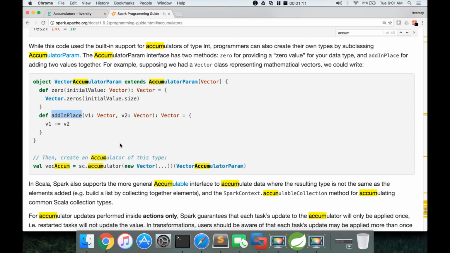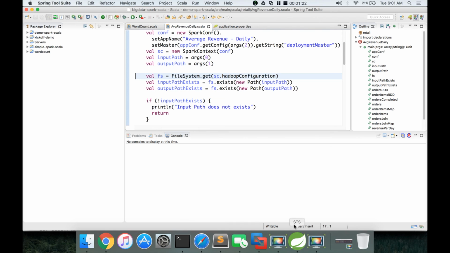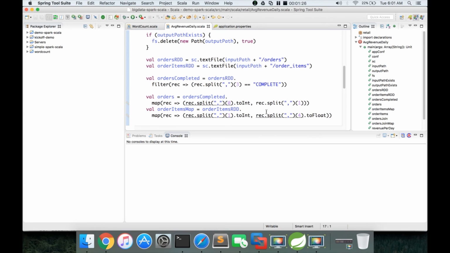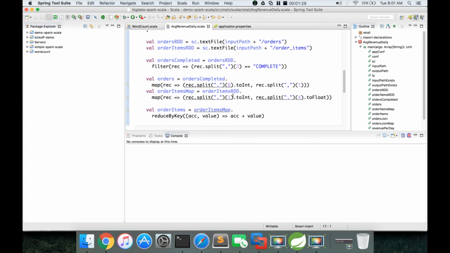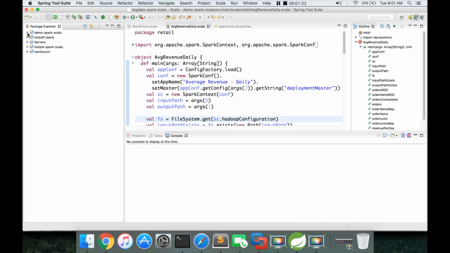Now let us understand how we can actually use the simple accumulators. As part of this, we will also see how we can write more complex functionality within our anonymous functions. For this purpose, go to our program.